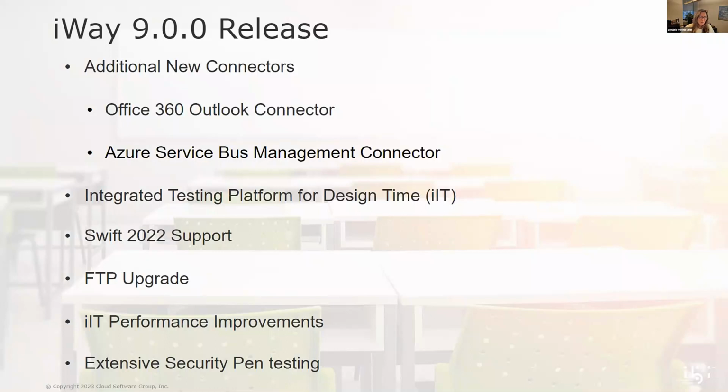We have IIT performance improvements and FTP upgrade. I guess you can read what the slides are here. And we're going to, and the Swift 2022 support, every year we add support and things change in the Swift world, so we have to add support for whatever the new rules are for that current year. So what is the